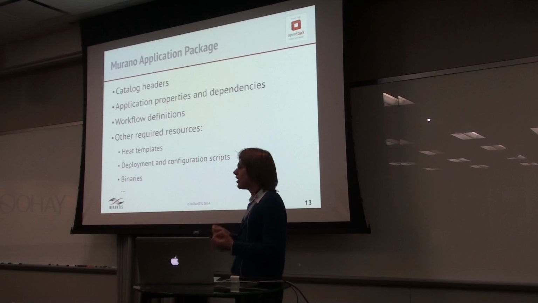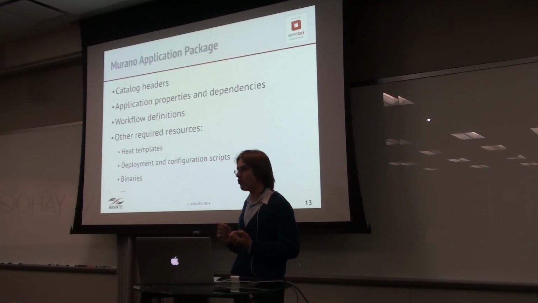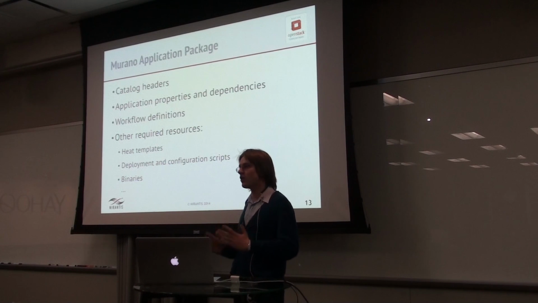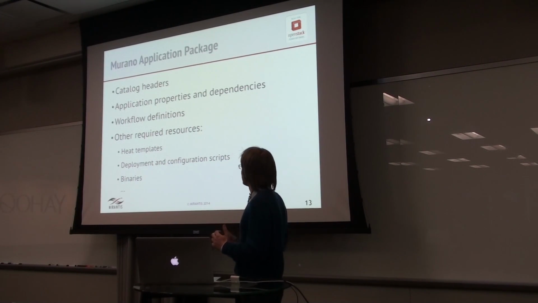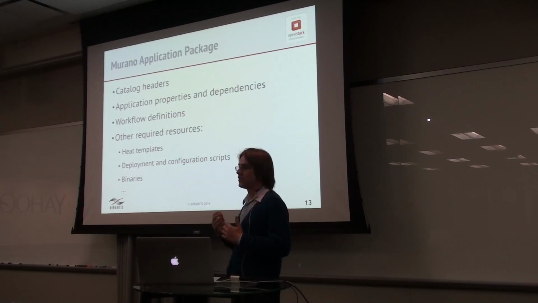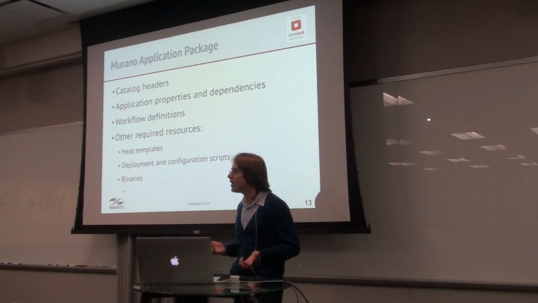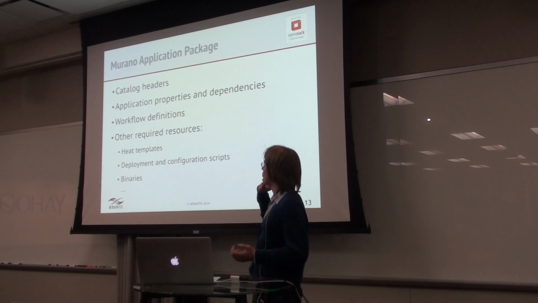Also, we are doing the on-VM configuration, on-VM software installation, and other actions which should be done on the deployed virtual machines. Of course, these operations are done by various scripts and agent-side programs, which we also put into the application